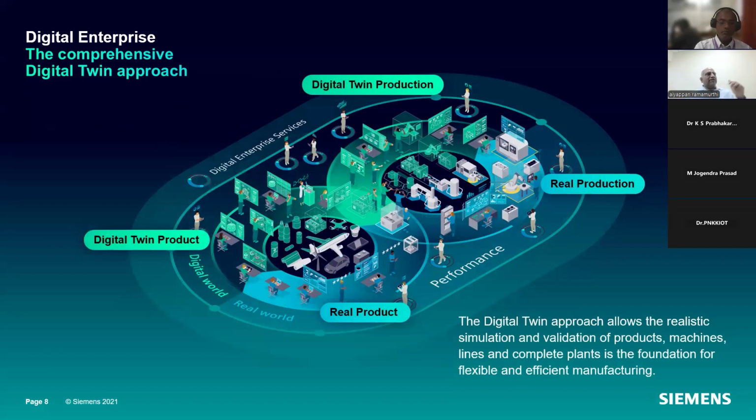So let me put that in a better graphics. As you can see, the top half is the digital, both the product and production, and the bottom half is the physical of both the product and production. The product could be multiple, as you can see inside. It could be a consumer product, it could be a machinery, it could be a windmill or an aircraft or a car, whatever it is. So how well you are able to go through the digital side and the physical side. And the digital and the physical is also